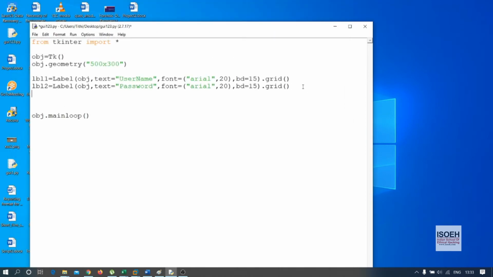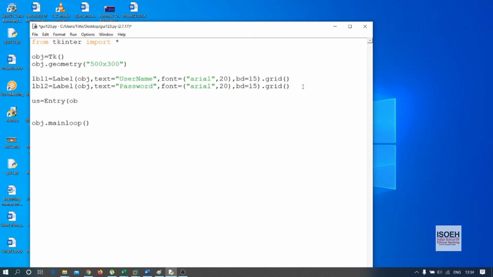Then you have to add the text field where you can put your username and password. For creating a text field, the function name available in Tkinter is called Entry. Again, you can use any variable name you want. I'm using the variable name us equals Entry.